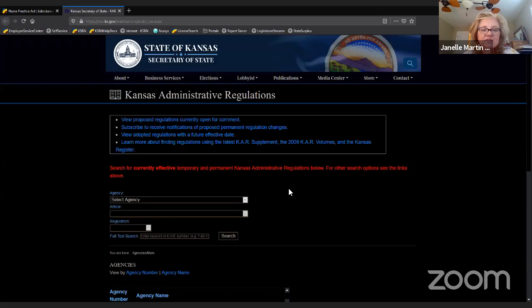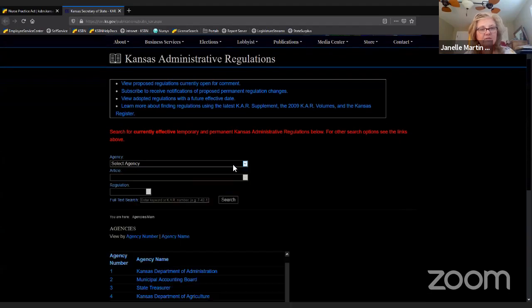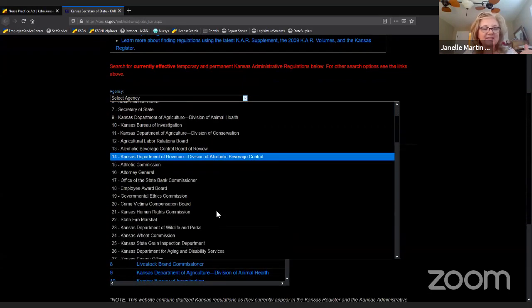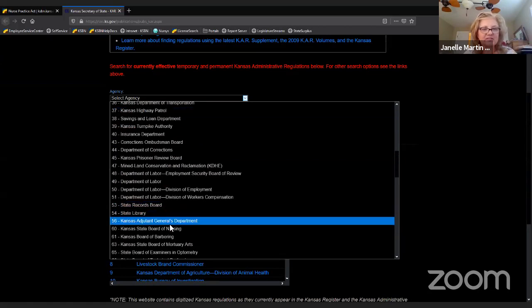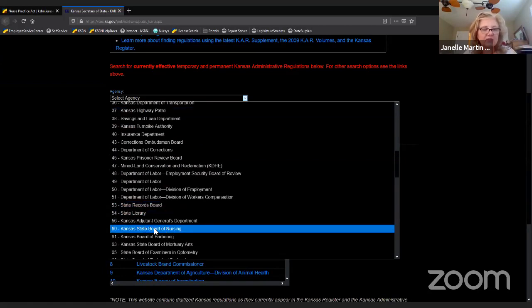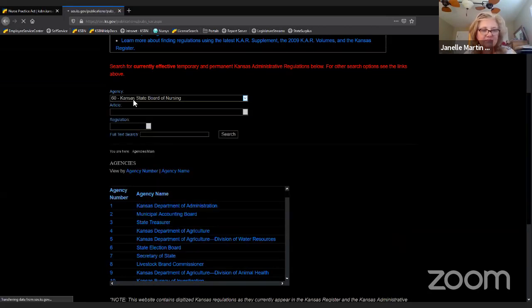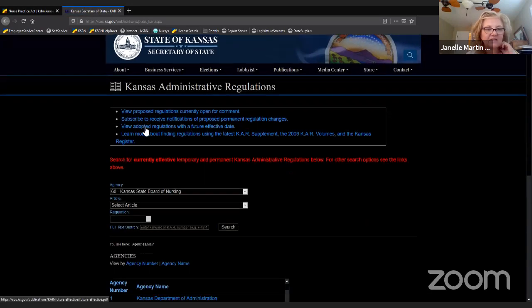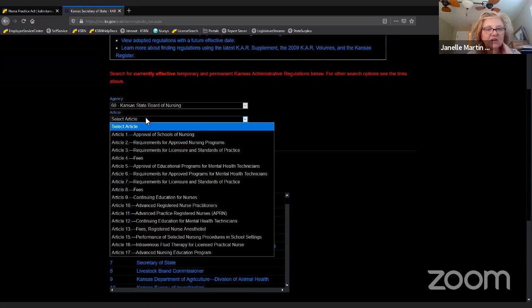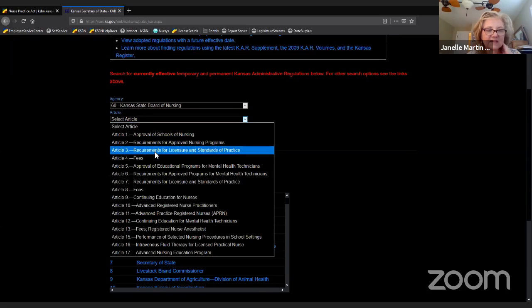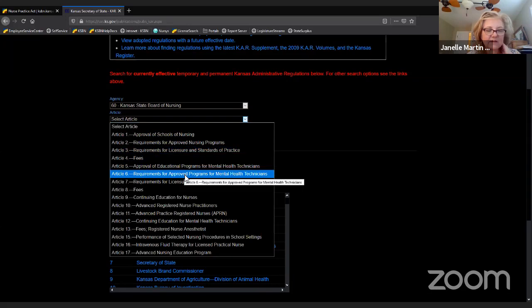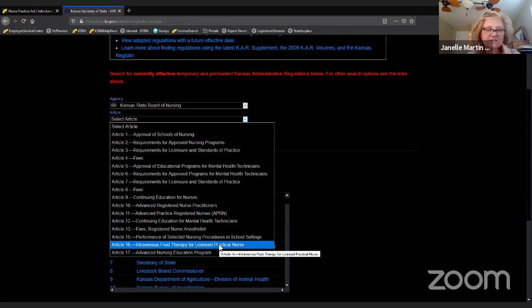And here's where you select the agency. We're agency 60, and all of our regs are 60 dash whatever. So you click on the Kansas Board of Nursing. You have to select the article that you're looking for, and I think our IV for practical nurses is down in Article 16. Those are the new ones.